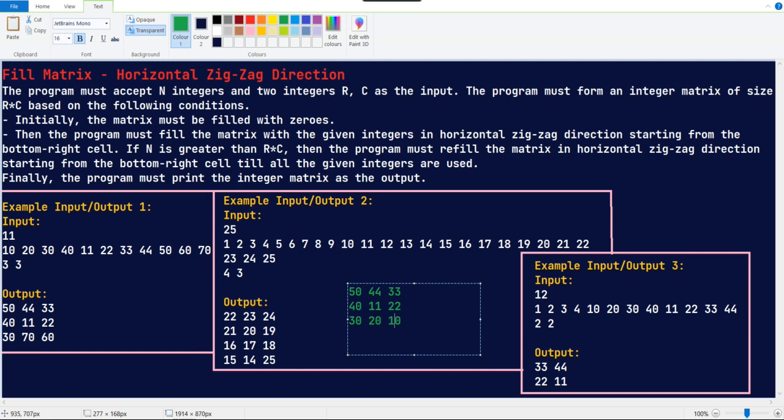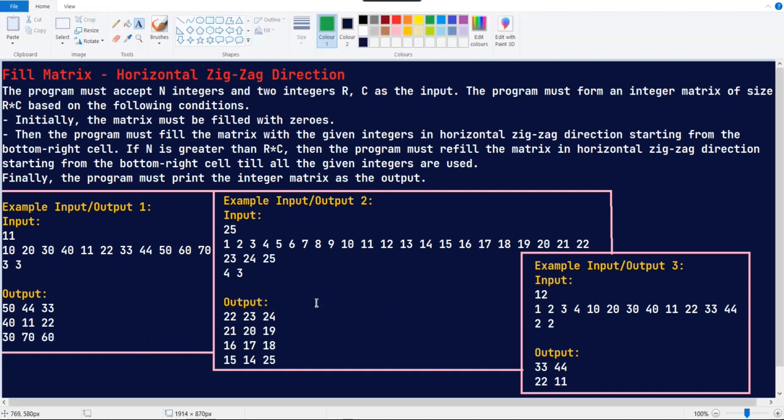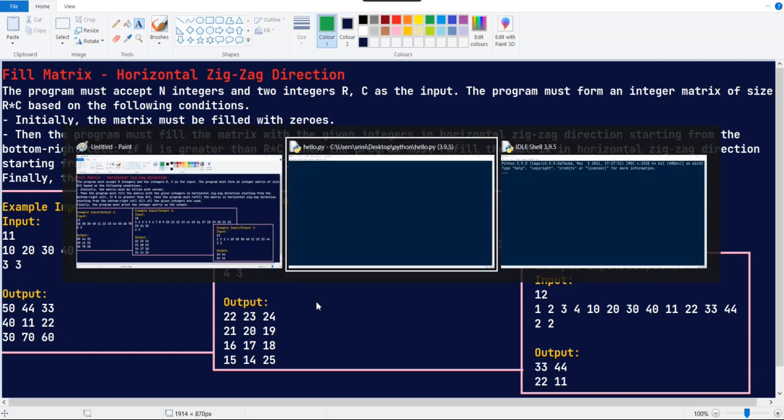After that we just need to come here and fill the values. Like we have up to 50, right? This will become 60 and this will become 70. That's it. This is how we are getting the output like this. So we just need to do the simple operation of these things. So let me do that in Python.